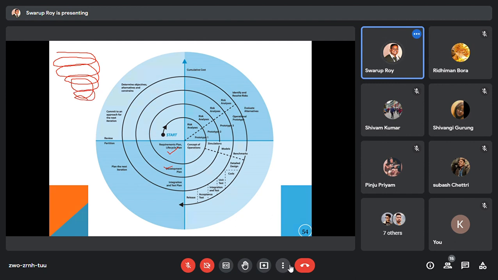These are the spirals. This part, say this is requirement analysis. This part, say this is basically design development plan. Then this is integrations. Okay, then go for the next phase. Here you can see, this is continue. Go for the next step. Means once you complete the whole round, possibly you are